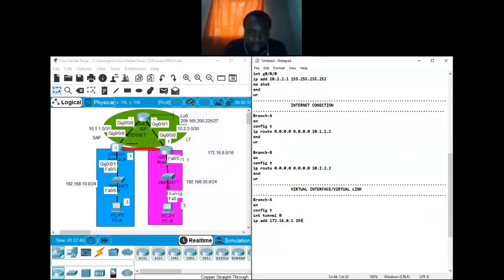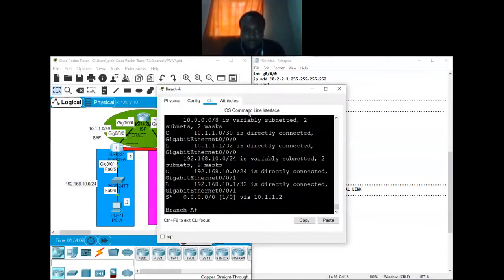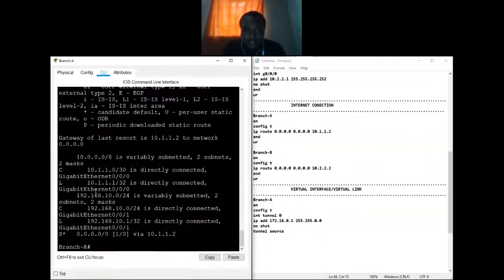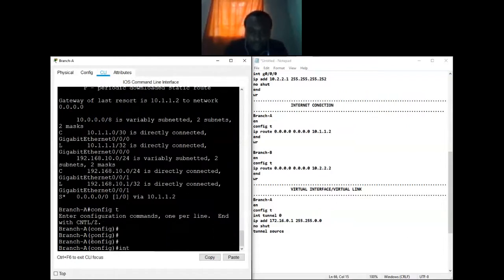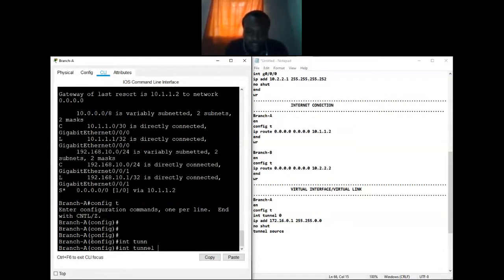IP address 172.16.0.1 255.255.0.0, and then no shut. The virtual link will come up, no issue, and then we say tunnel source. So this is what I'm saying. You open branch A, and then you say config t, and then you say interface tunnel 0.